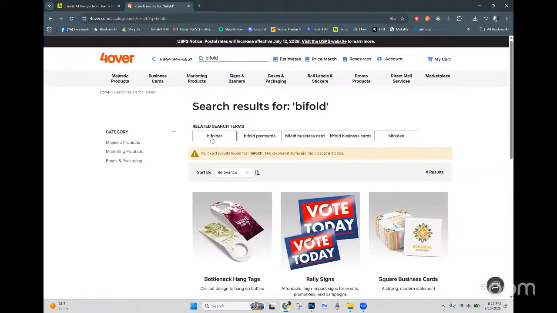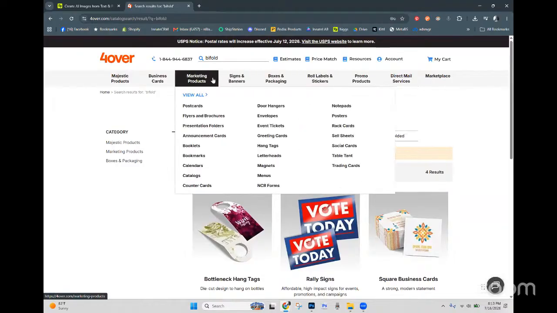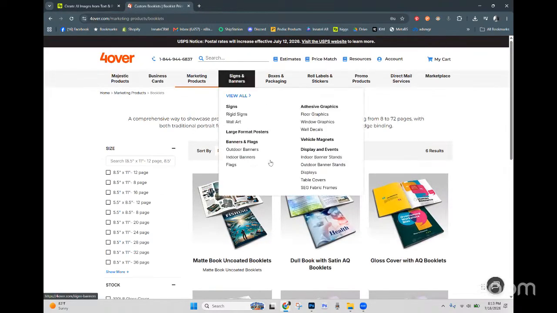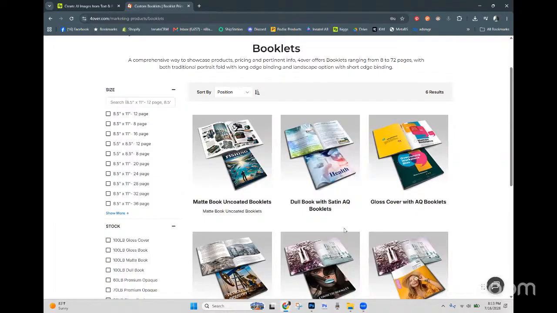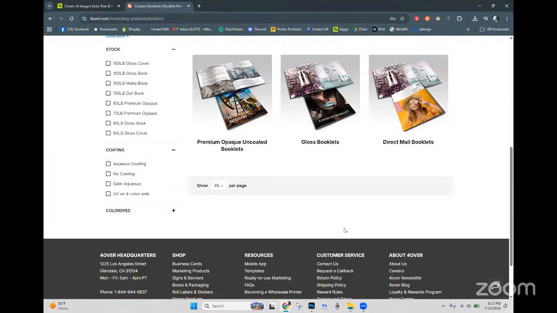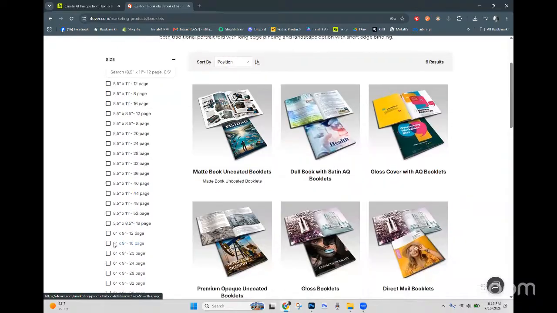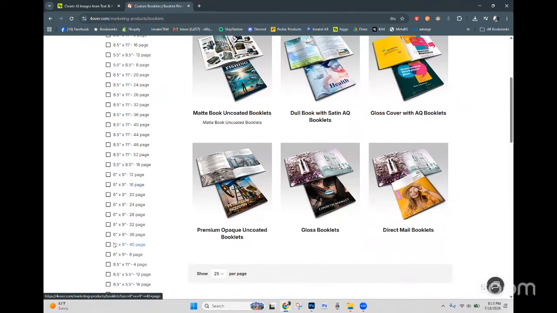Let me see. Booklets. Some of the booklets. All right. So I just want to point out that there are different sizes of booklets, programs, whatever you want to call them. I'm certain that there are plenty of companies, even local companies, that will build these for you. So what I want to do here, I'm going to do 8.5 by 11. And if you're just doing 4 pages,